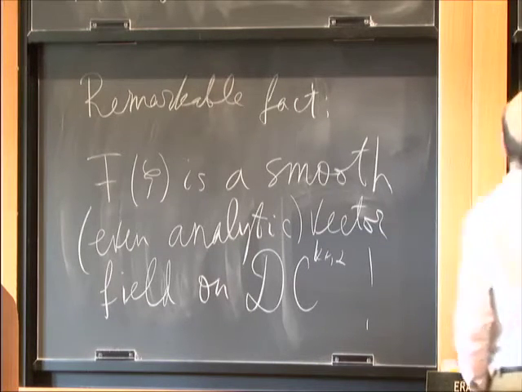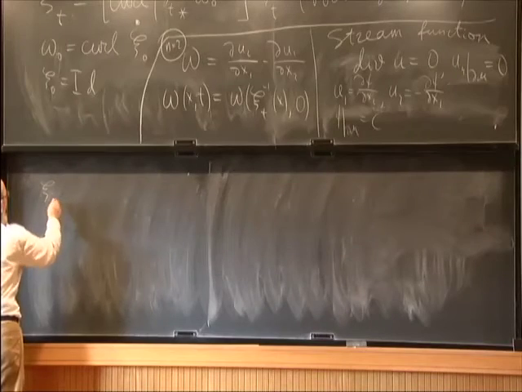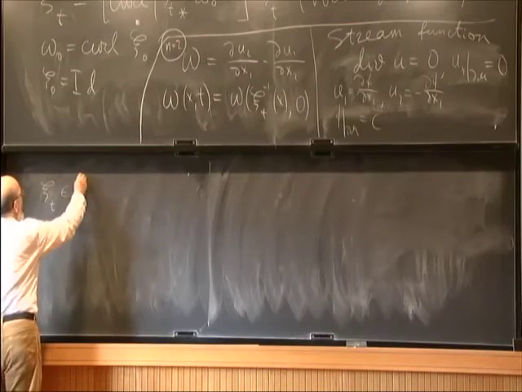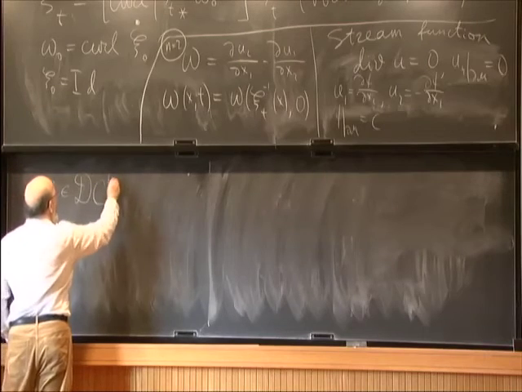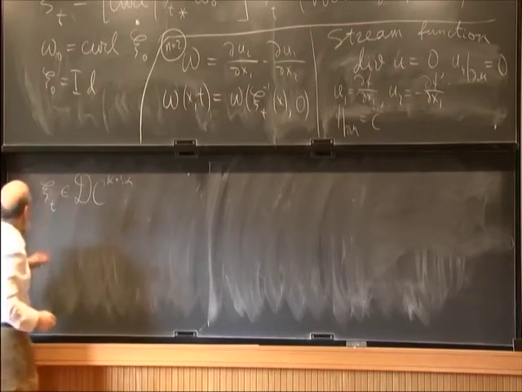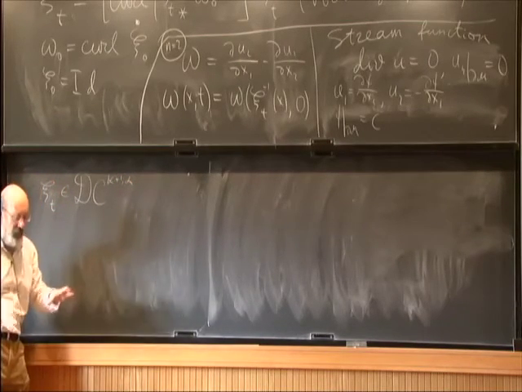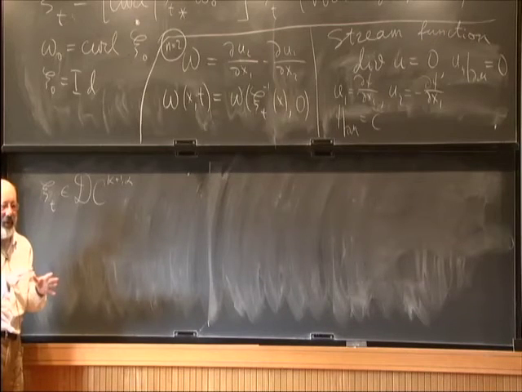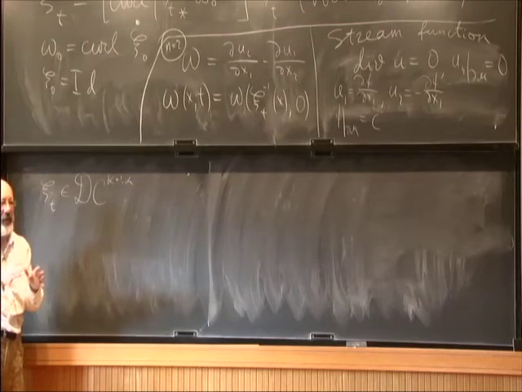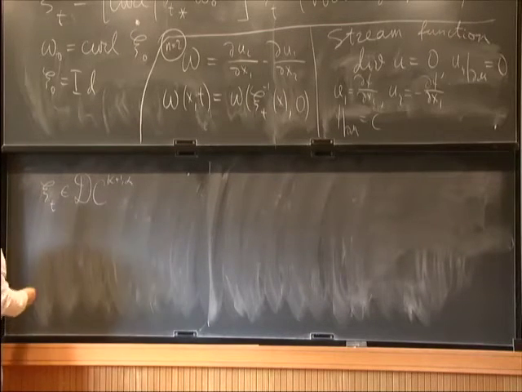This means that Ct is in D^{k+1,α}. So it is an element consisting of diffeomorphisms which are not C infinity. They have some, maybe weak and small, singularities. But